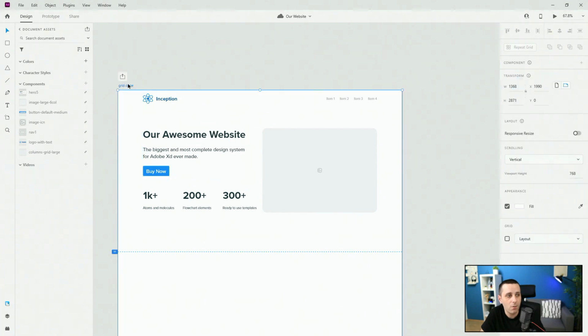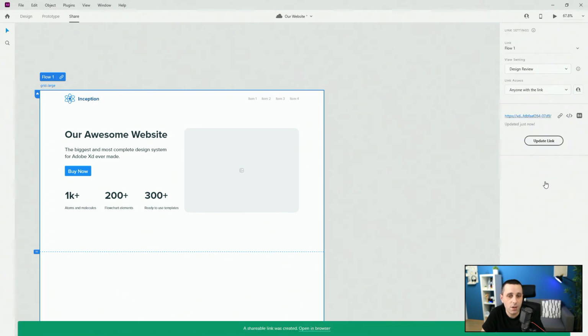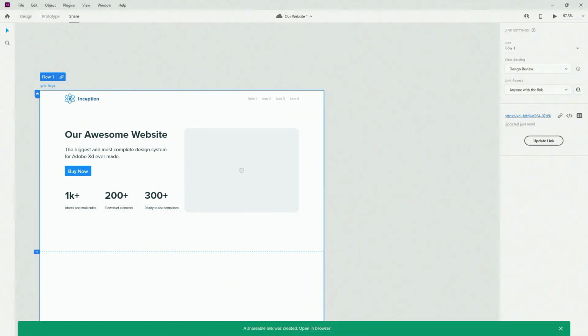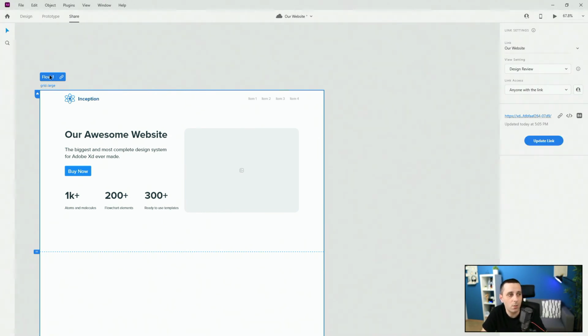So once again, when you select this, you have the same option as with the light file. You can click share, and it's going to create the public link. You can change the name of this flow right here. When it finishes creating the public link, you can see that the shareable link has been created. You can open it up in the browser and change the name right here. So, our website, like that, for example, and you can double click right here to share it. And you can update this link, and anyone with the link can access it,